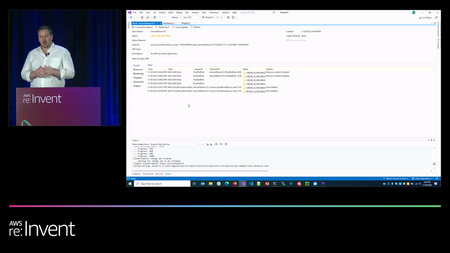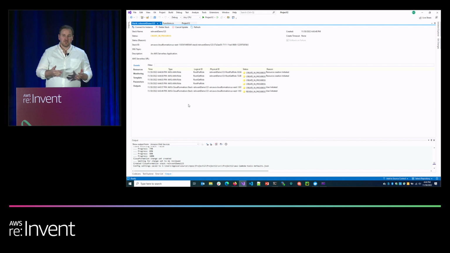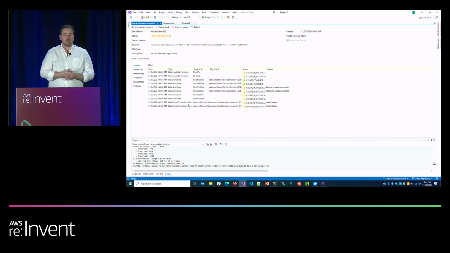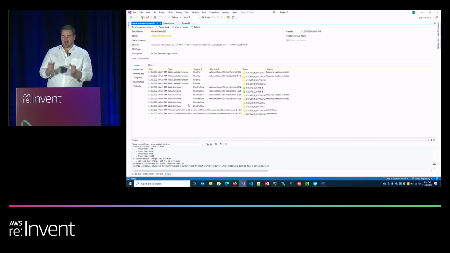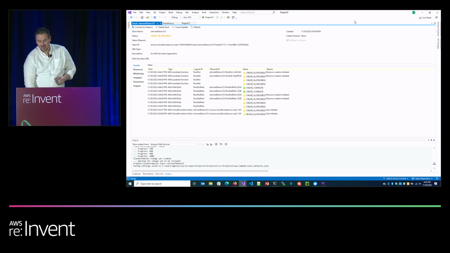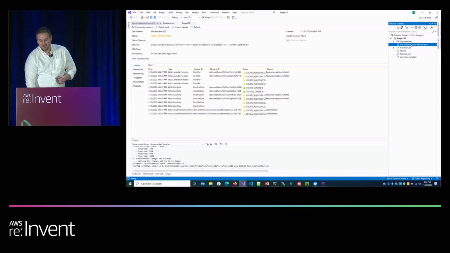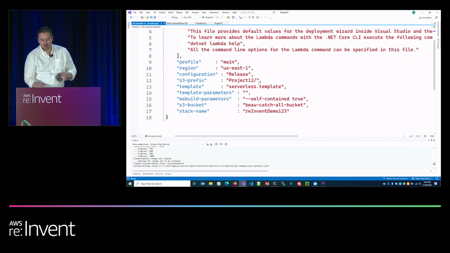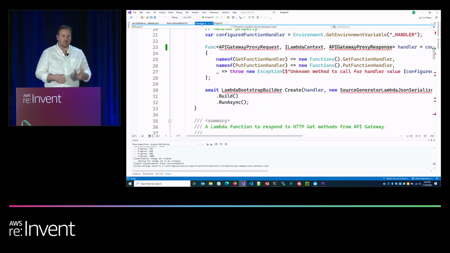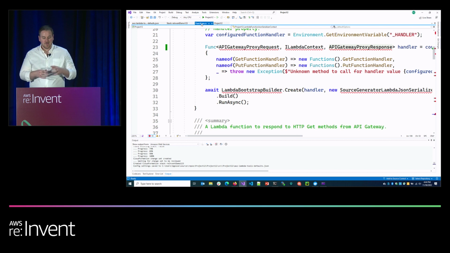So with this feature we added, it actually gives you the ability to do Docker builds not for native AOT too. If you want to do a container build for all your Lambdas, by default, you can just set that property in your defaults JSON file here with some of your other properties. Maybe you have a lot of developers all working on a project and you want to have a consistent build environment and it has certain dependencies. You can do container builds now